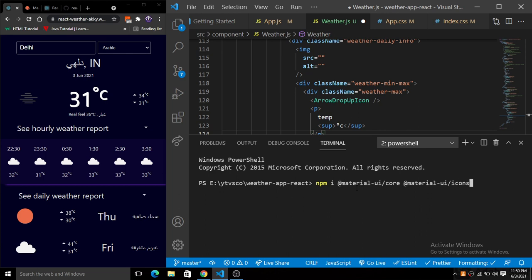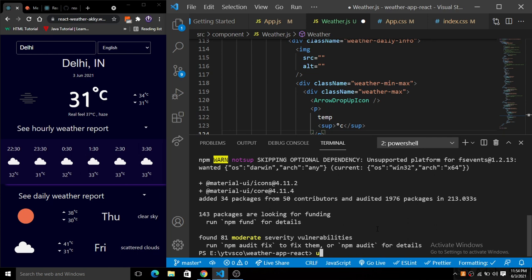Fine. Now I will hit the enter button. It will install the Material UI core and the Material UI icons in our project directory here. So we have installed both of these dependencies, that is Material UI core and the icons.